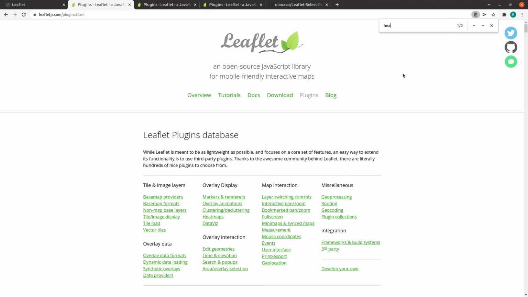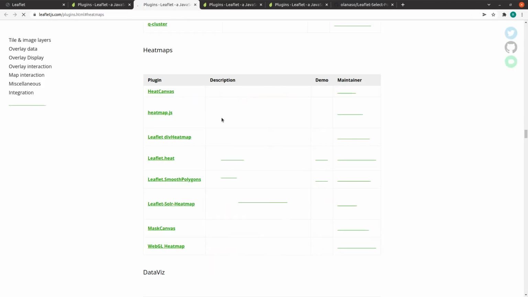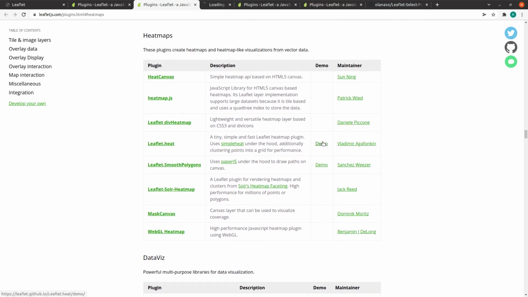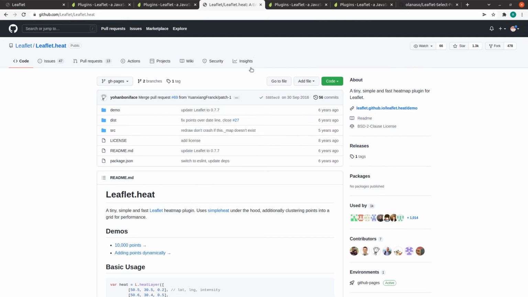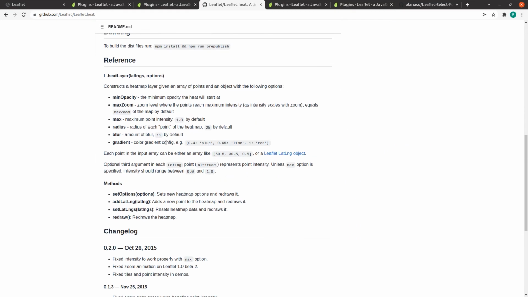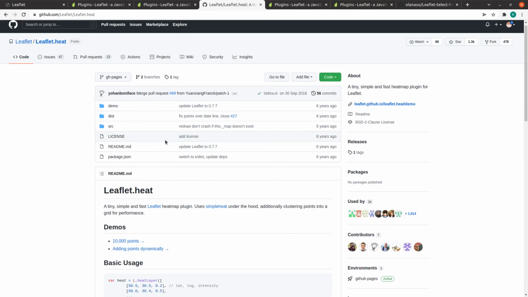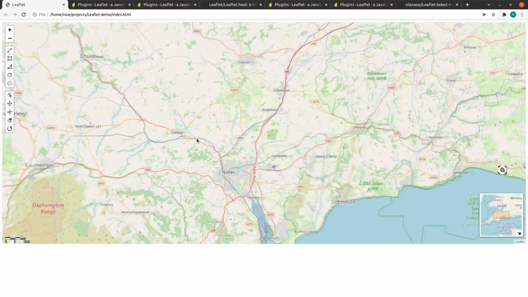That is, if you need the heat maps also, you can go for heat map over there. So you can just search for leaflet demo and you can see the demos over there. It is much better to go for any GitHub links so that you can find things very easily and you can develop your project very easily.